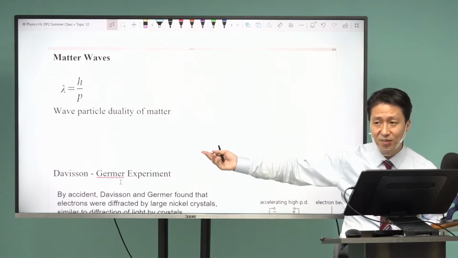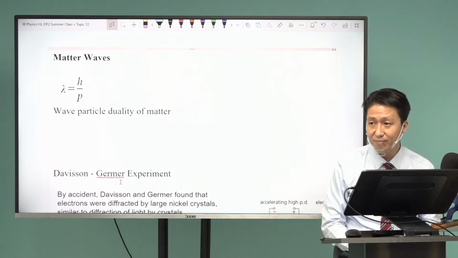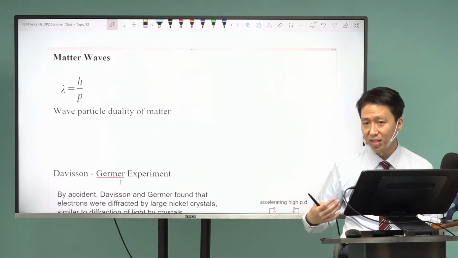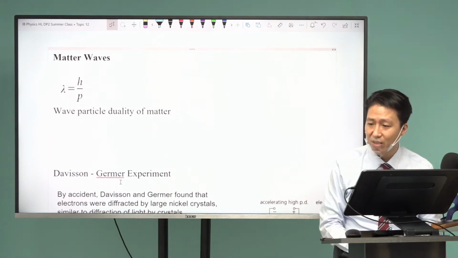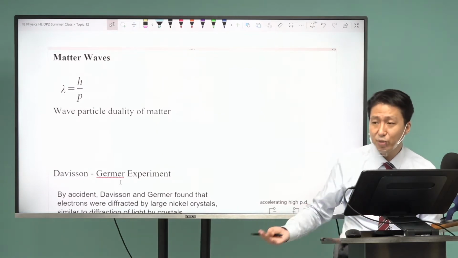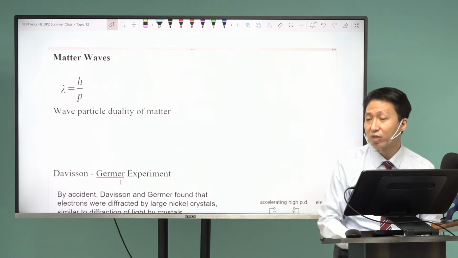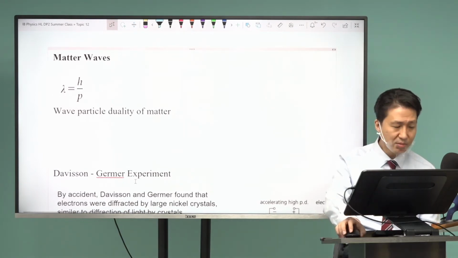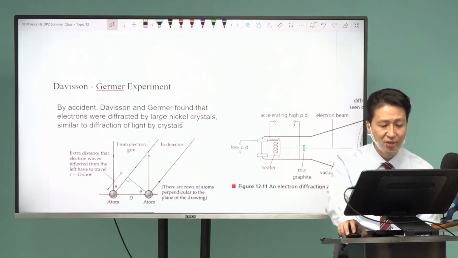Planck's constant even is very, very small, so you have to have a very small object. And what better object than an electron? It's probably one of the easiest to manipulate. Being very light, it has a small momentum. So it should produce, in theory, a wavelength that we are able to measure. And here comes the Davisson-Germer experiment.